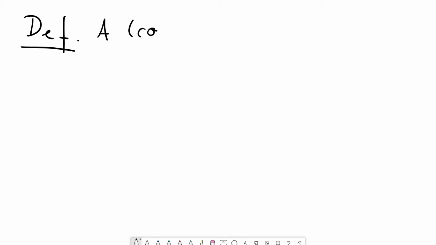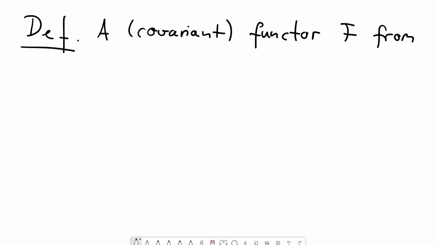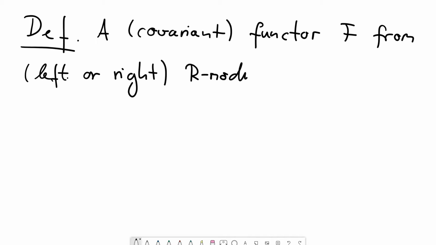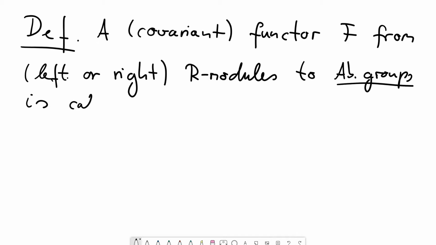A, say, covariant functor F from, and now we're always dealing with modules over non-commutative rings, so I should say from left or right R modules, to the category of abelian groups, is called, and now we distinguish two cases, it's called left exact